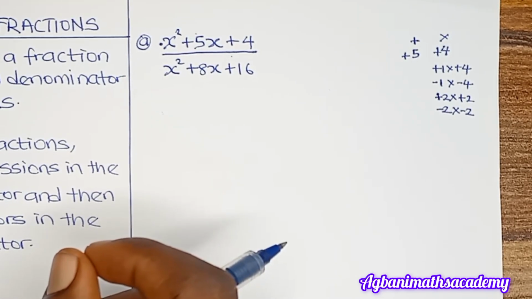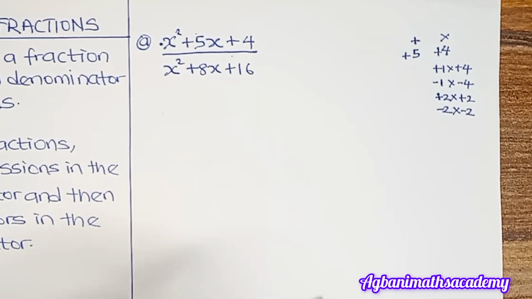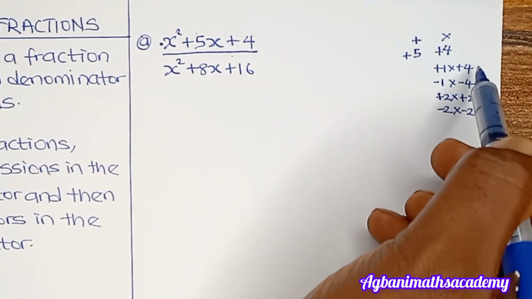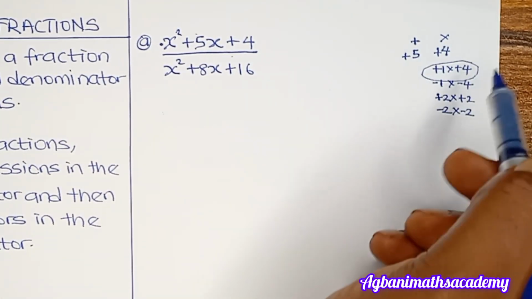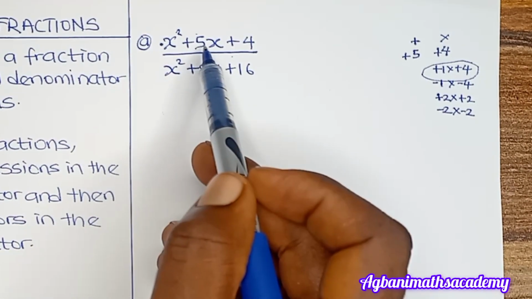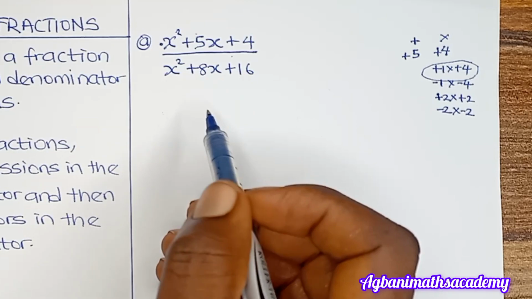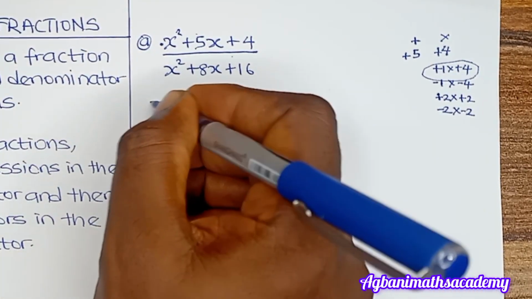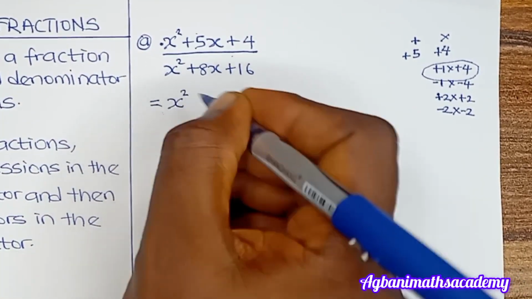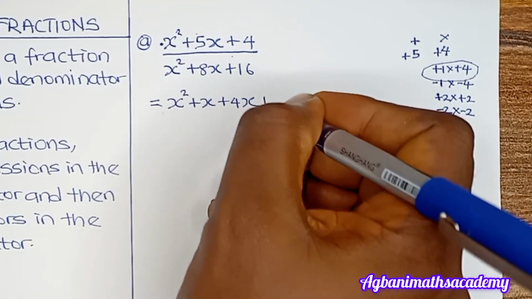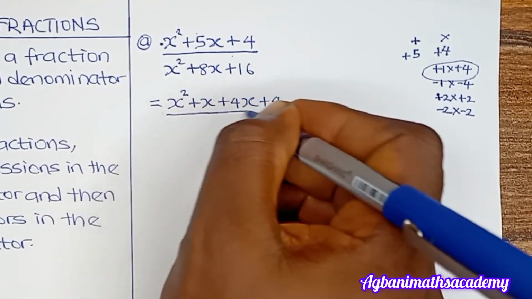But among these groups, which one is going to add up to give us plus 5? We can clearly see that plus 1 plus 4 is going to give us plus 5. So this is the number. We're going to split plus 5x into two, plus x plus 4x. So let's do that. We have x squared plus x plus 4x plus 4 all over